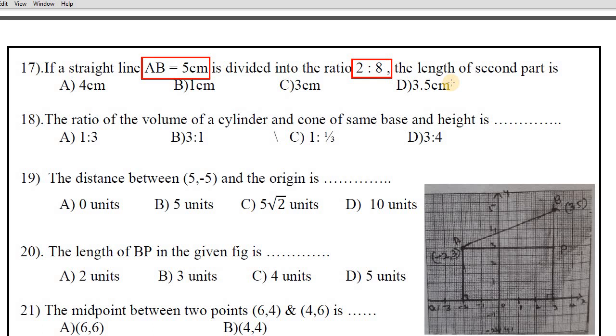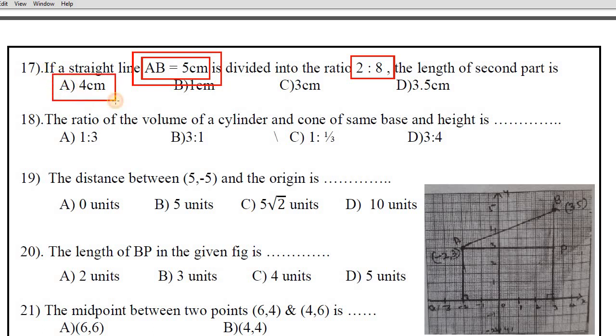So, what you will do here is, 2:8 is not in simplest form. I can write 2:8 as 1:4. In that case, it will be very easy, isn't it? So, 1:4 means you are drawing a 5 centimeter line, and you divide that 5 centimeter line as 1 centimeter and 4 centimeter itself. So the first part will be 1 centimeter and the second part will be 4 centimeter.